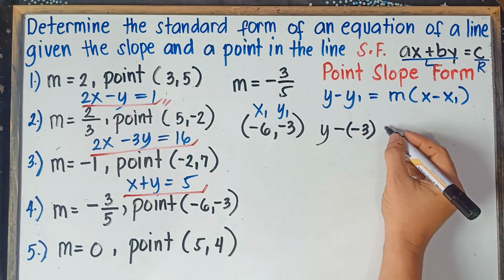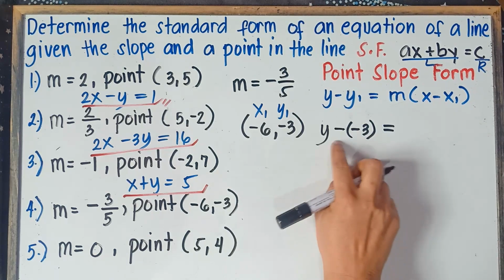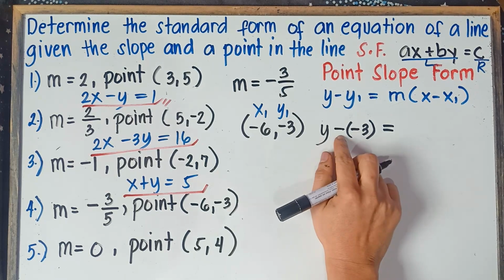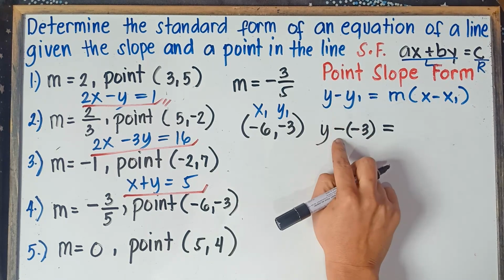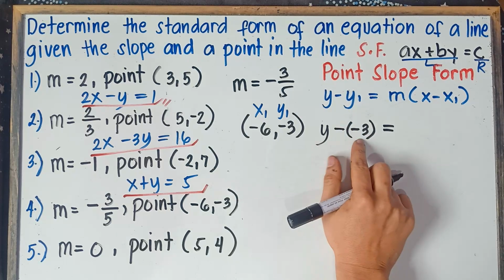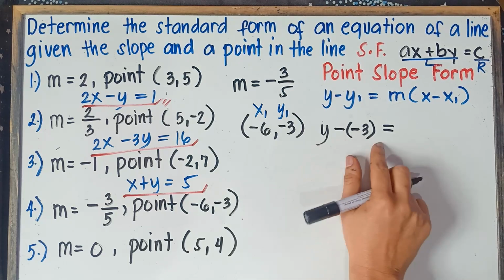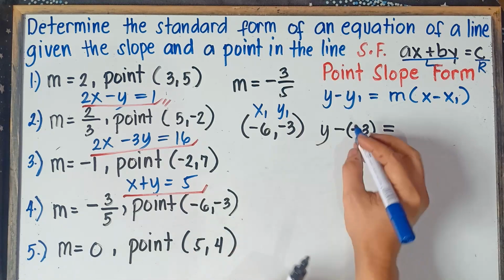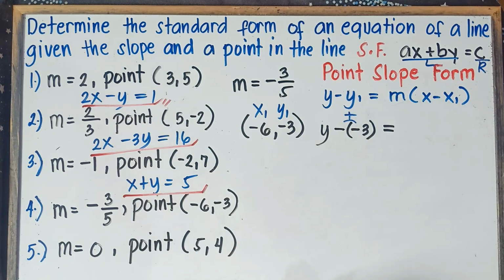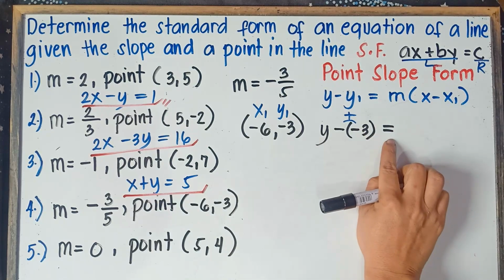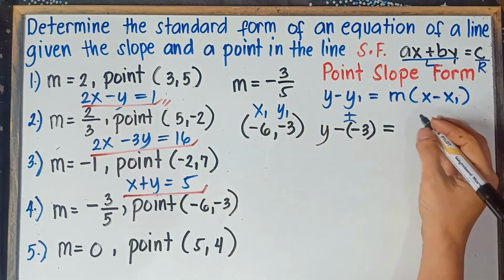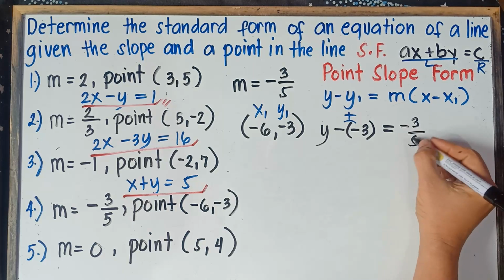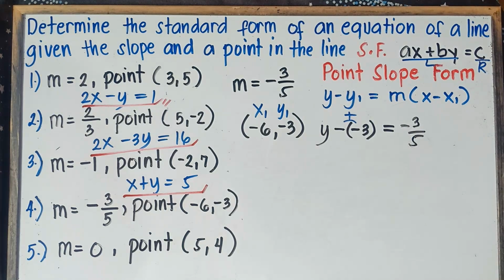Once again, class, I hope you're not confused. Sir, why do we have 2 negatives? The first negative came from the formula. It says minus. And then the value of y sub 1, that would be negative 3. Now, since we do have 2 negatives, we need to put parentheses. And then we simply multiply this one. Negative times negative, this will become positive. Alright, copy equals sign. And then the value of m, that would be negative 3 over 5.